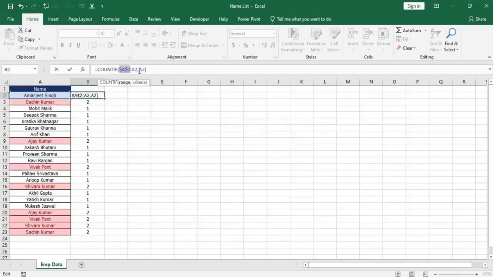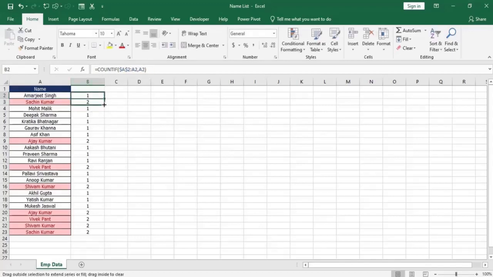You can just press F4 on your keyboard or manually put dollars against the column or row. Now A2 is fixed, and I want to count from A2 to A2, so the criteria would be A2 only. Now once I press enter, it is 1.